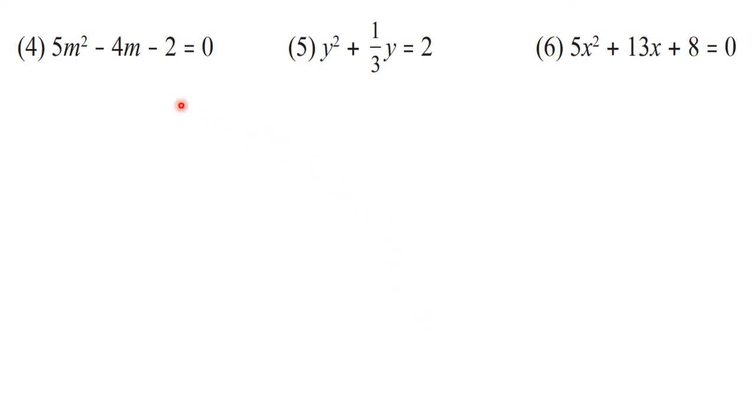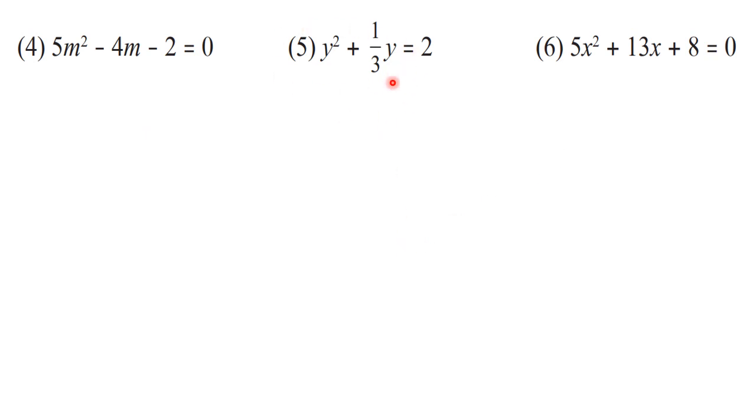Now see, question number 4, 5 and 6 you are going to solve by using the same method. This equation is also very simple. It is already in standard form. So compare it with ax square plus bx plus c is equal to 0 and get the answer. Similarly, this is also in the standard form. So very easy for you to do it. So all these sums I am giving as homework.